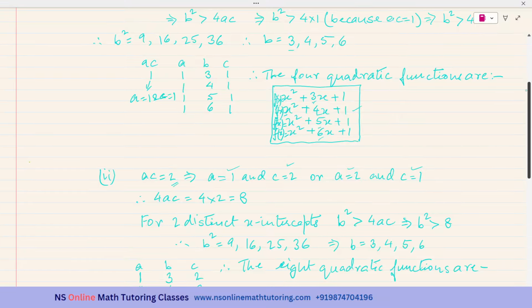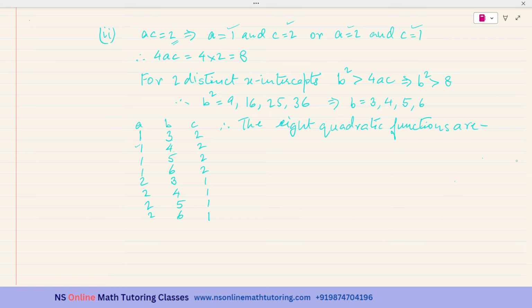And f of x. Okay. And for this one, it is f of x equal to, a is 1, so it is x squared plus 3x plus 2, and f of x equal to x squared plus 4x plus 2, f of x equal to x squared plus 5x plus 2, f of x equal to x squared plus 6x plus 2,